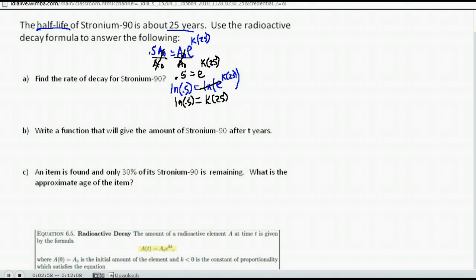Some people might have 1/2 there, but 0.5 is equivalent, so I'm good. Last step, we're just going to divide both sides by 25, and we will know our rate k. Again, be very careful here. Do the natural log of 0.5, press equals, then divide by 25, or use some parentheses in there to help you out. Just to check yourself, you should get about